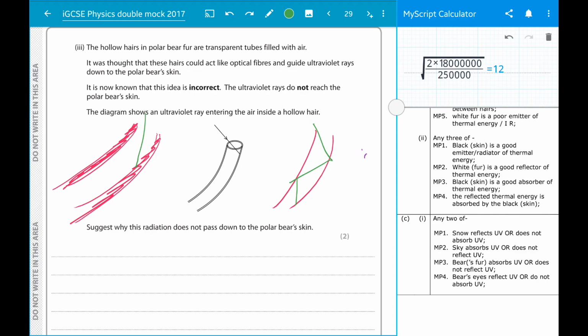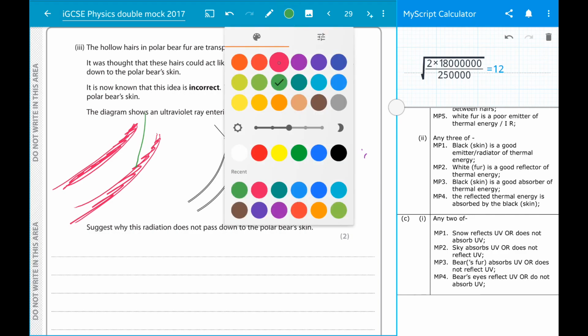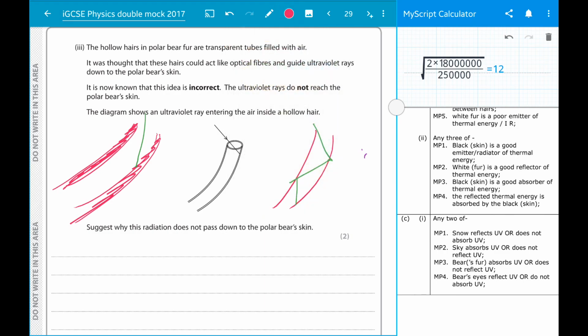Essentially, for total internal reflection to happen, the values for the refractive index must be high in the material where you want the total internal reflection to happen and low outside it. So here in glass, refractive index is around about 1.5, and in air it's 1. You must be going from a more optically dense material to a less optically dense material for total internal reflection to happen. So TIR not possible,